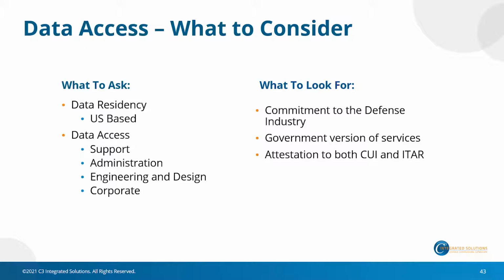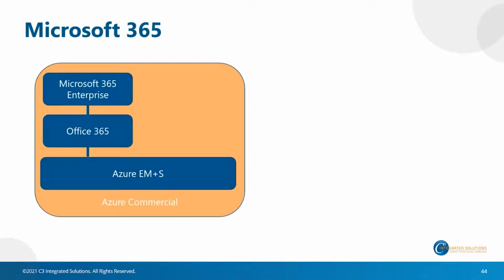In a lot of cases, when we have conversations, the tone of the answer will tell you what's happening. If it's kind of a brush off, like, I'm sure we do this, I'm sure it's fine, we have federal customers, it's got to be good, don't take that for an answer. You need a firm, confident answer that has some data backed up as to why they can meet these controls. This will bring us back over to Microsoft 365 and why that is a great example for this whole topic that we're talking about.